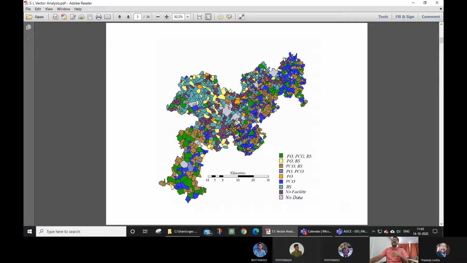These are having different blocks, or say villages, having certain facilities, and gray means no data is available in these blocks or polygons. These are political boundaries depicted here and created using the polygon layers. There are hundreds of polygons here with different sets of values and facilities available in them.